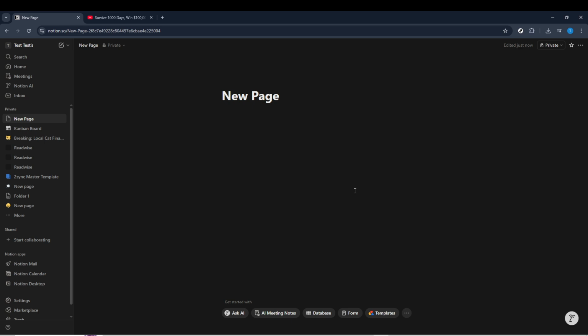Whether you're building a resource hub, organizing a personal knowledge base, or just keeping all your favorite videos in one convenient place. Embedding videos makes your pages more interactive, visually appealing, and easier to navigate. By the end of this tutorial, you'll know exactly how to add any video to your Notion workspace quickly and